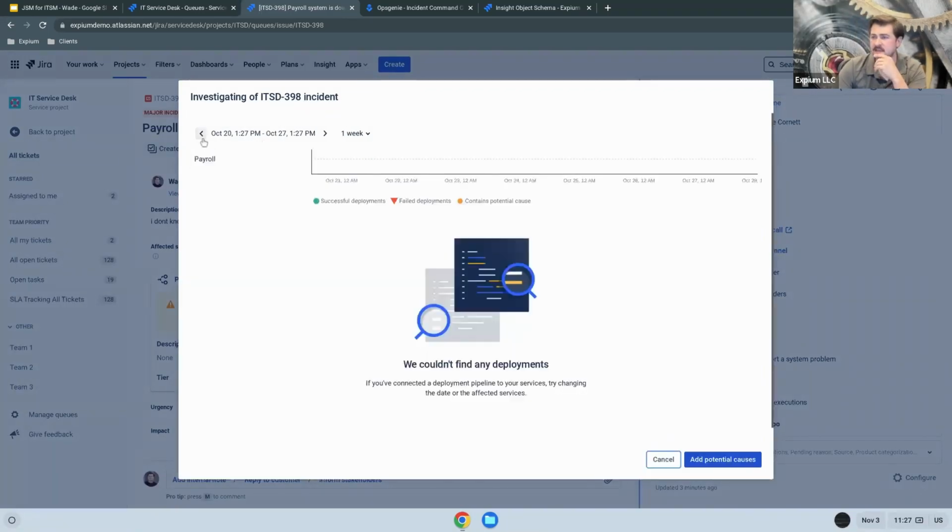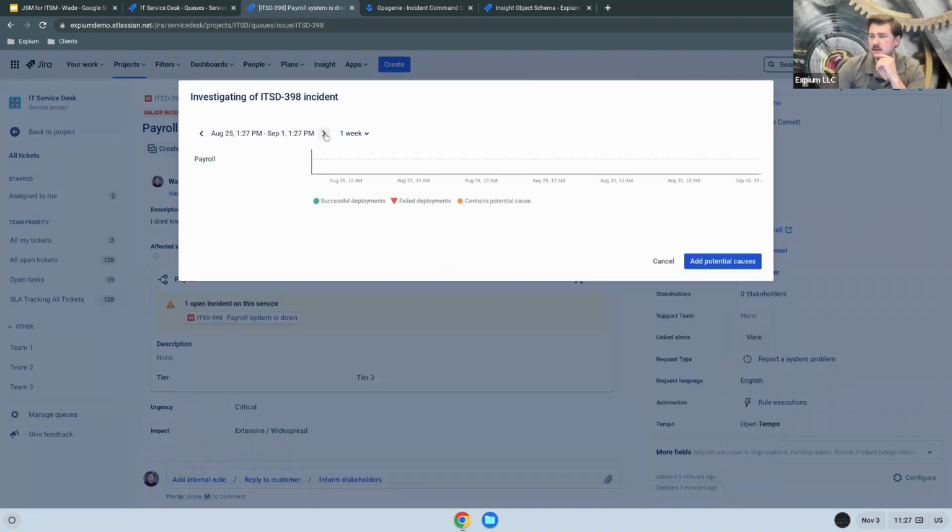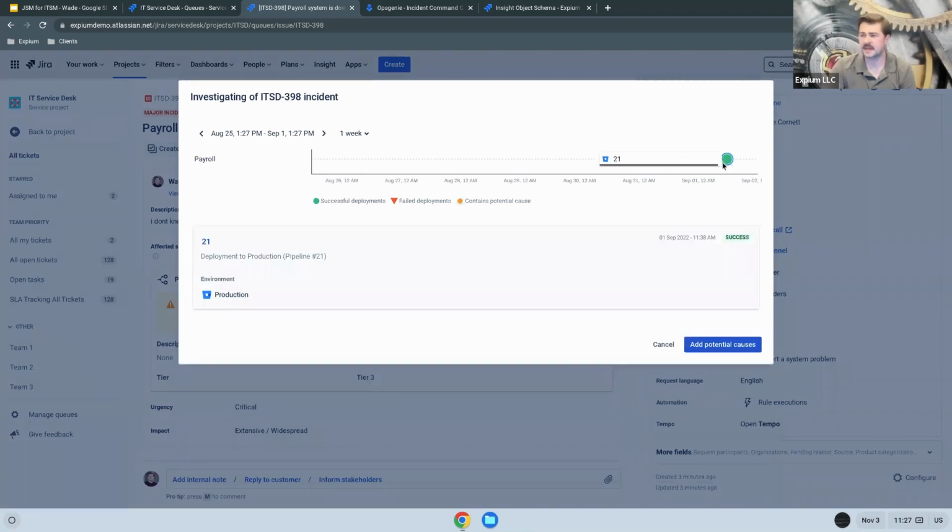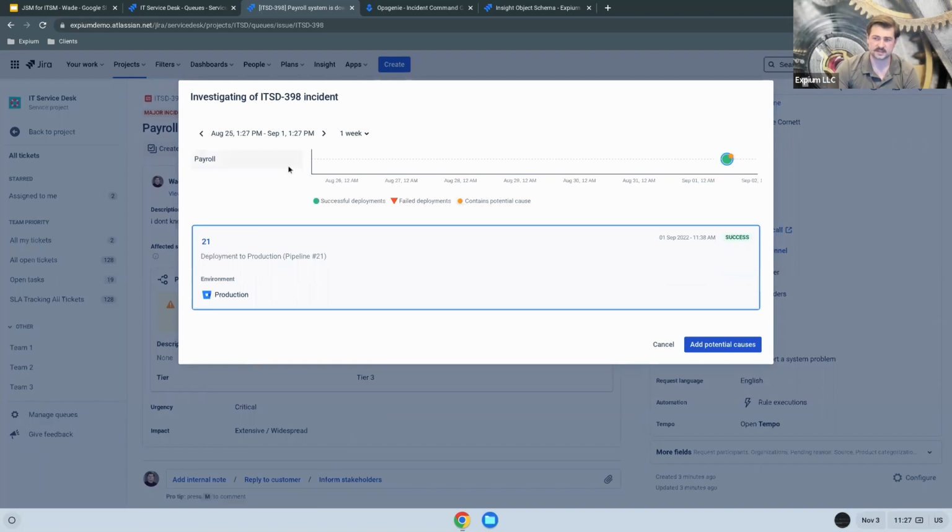So like I said, if I go back, doesn't look like our deployments. Oh, there was a deployment. Here we go. So that most recent change that we saw down there in the recent changes to our affected service was deployment 21 from our Bitbucket pipeline. So I can actually label this as a potential cause for this deployment. Now we do see that it was a successful deployment, but nonetheless, what I can do is